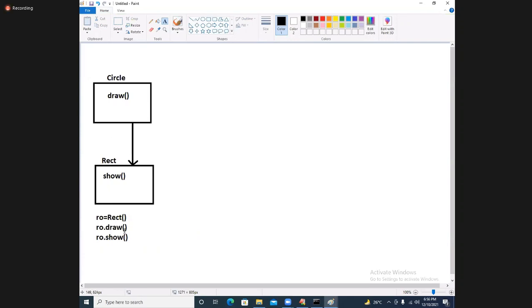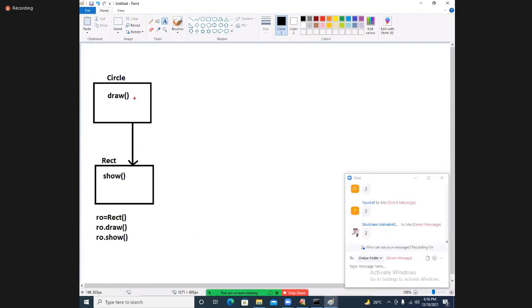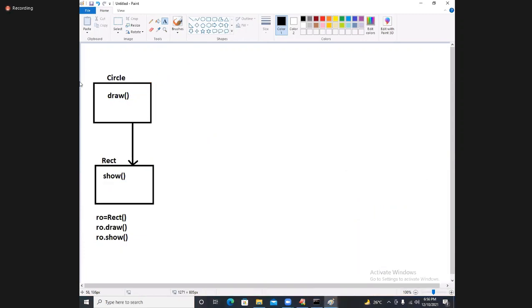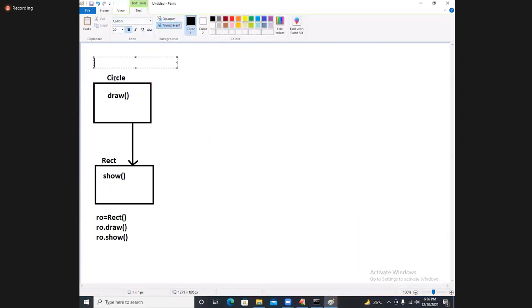Memory space is taken for the draw method and for the show method, because to execute a method, main memory requires some space. There is no doubt in that. It purely comes under the inheritance concept.